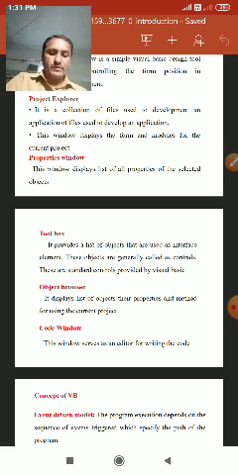Frame. A frame is a container for other controls and provides a grouping of controls.